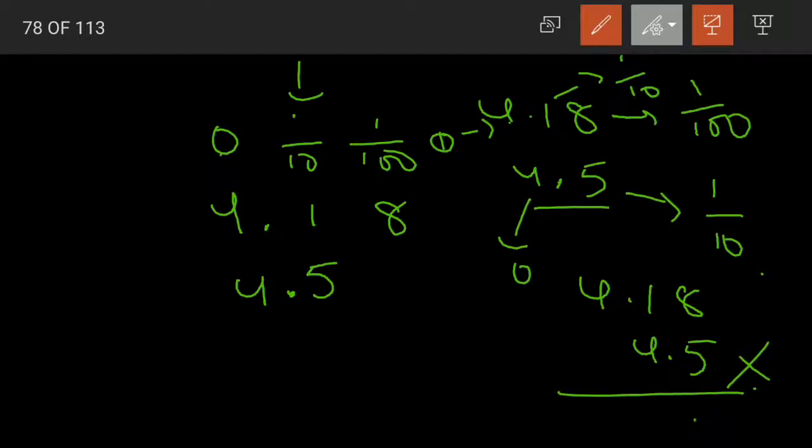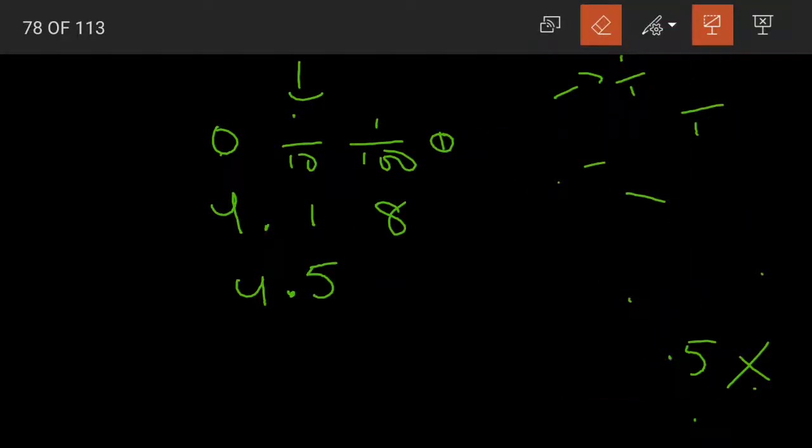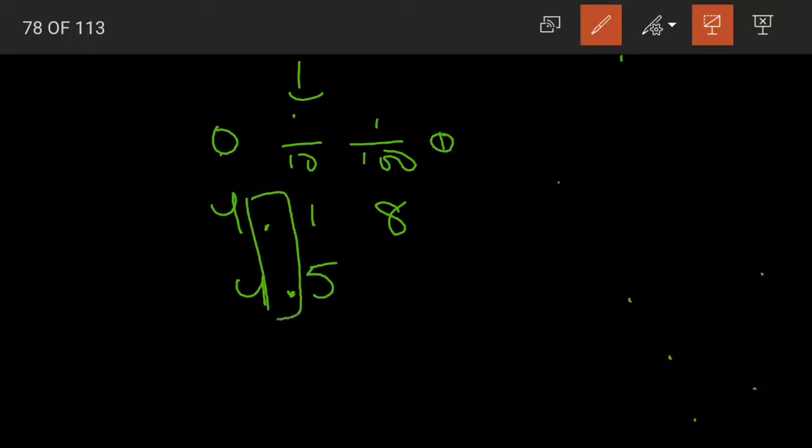Okay, and one easy trick to write these decimal numbers according to their place values is by looking at the decimal point. Yes, we have the decimal point here, right? So the decimal point should be placed exactly one below the other. If you place the decimal point correctly, then the whole number part and the decimal part will fall into place automatically.